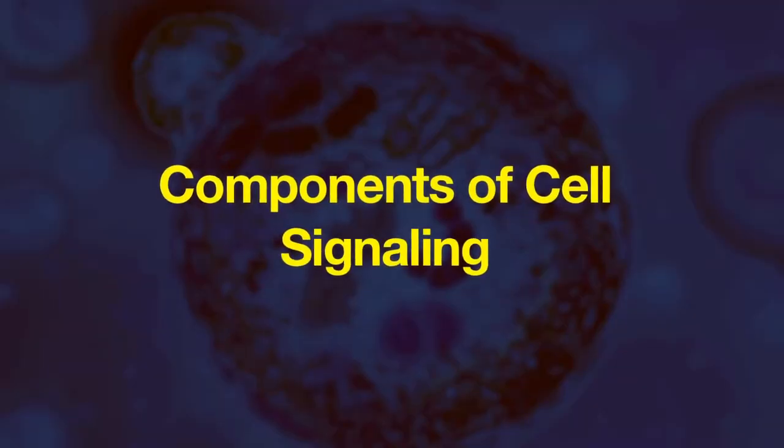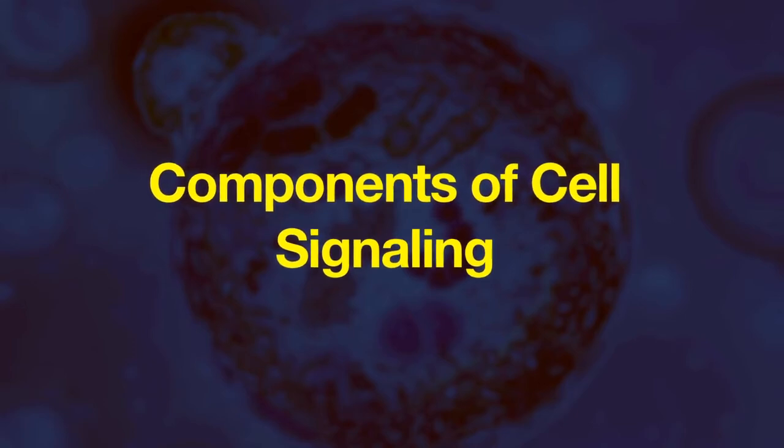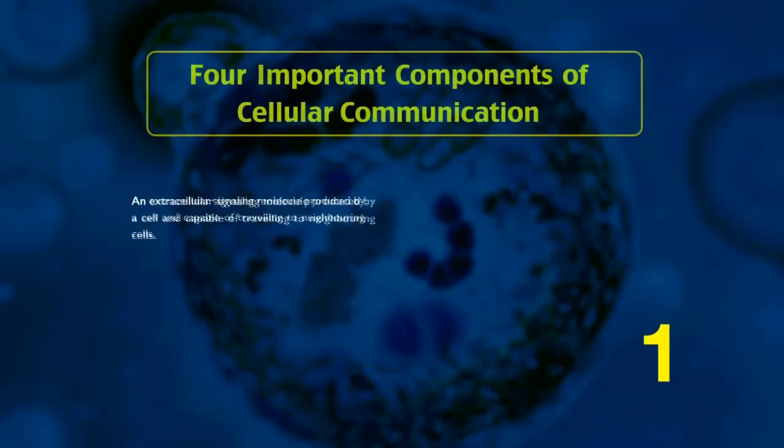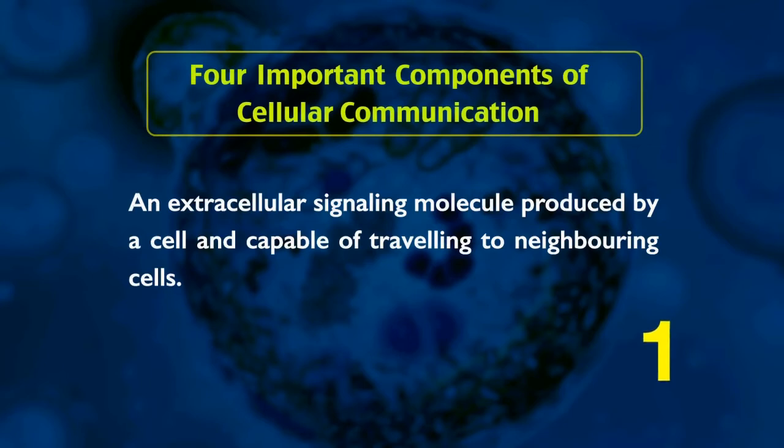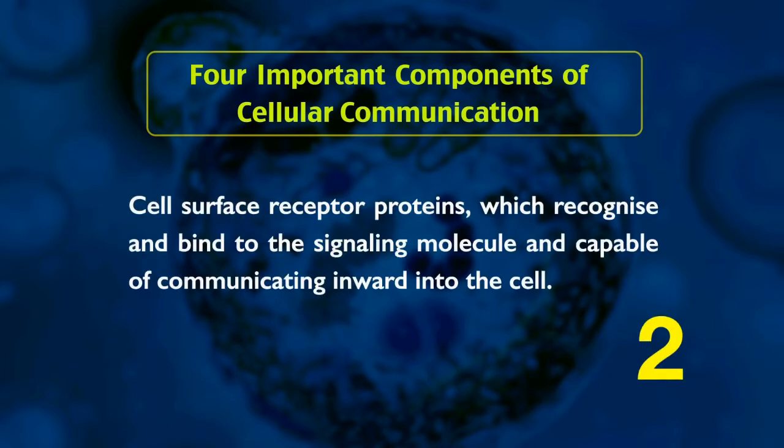Let us now see the components of cell signaling. The cellular communication signaling requires four important components. The first one is an extracellular signaling molecule produced by a cell and capable of traveling to neighboring cells. The second one is cell surface receptor proteins, which recognize and bind to the signaling molecule and are capable of communicating